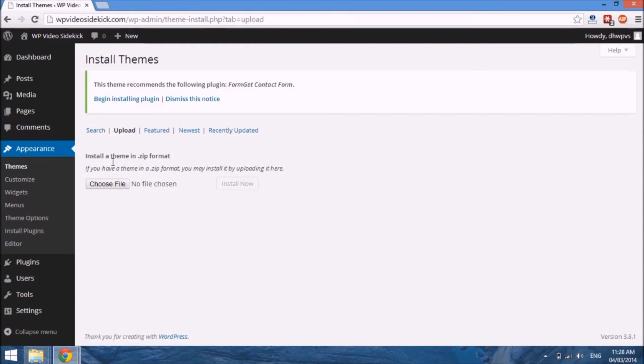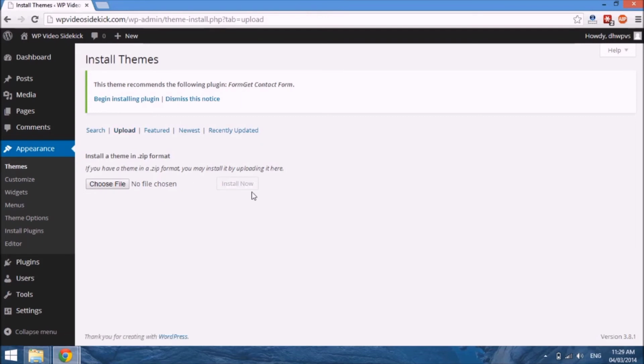And as you can see, there's just a little message that says install a theme in zip format. So it has to be in a zip format. Wherever you get your theme from, whether you paid for it or it's free, it needs to be in a zip format, and what will happen is that